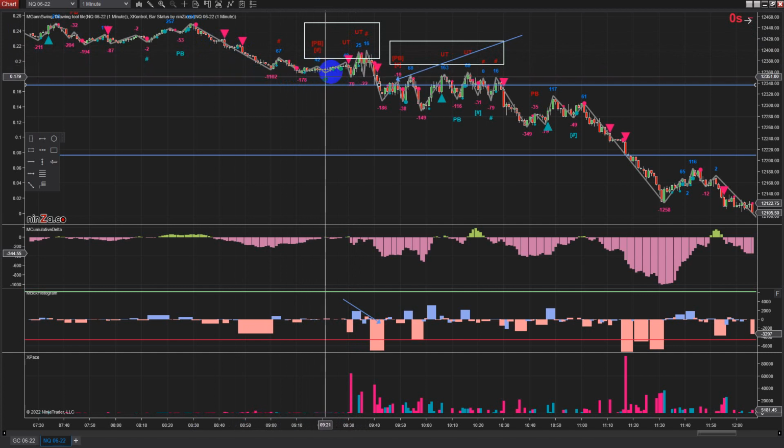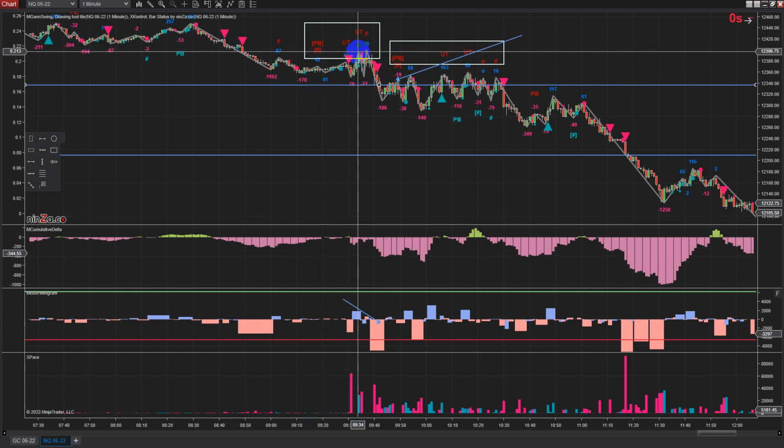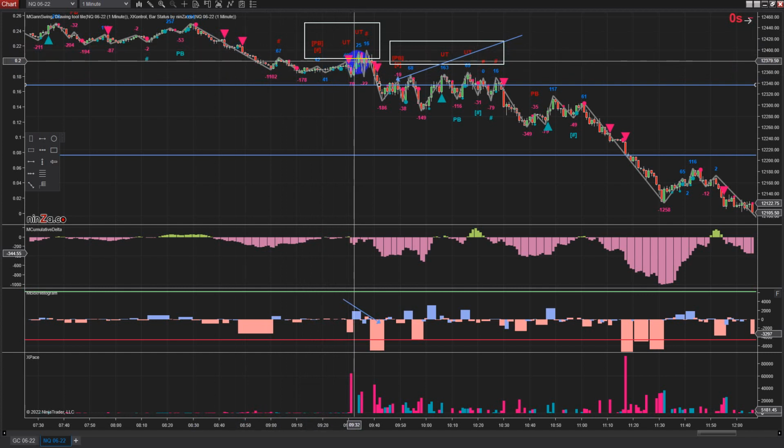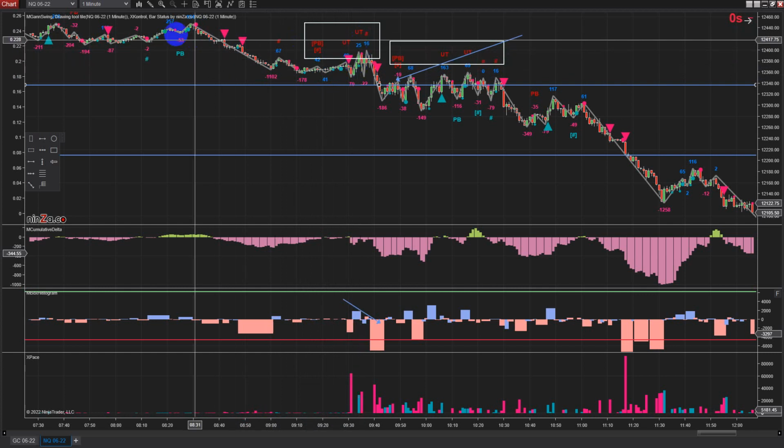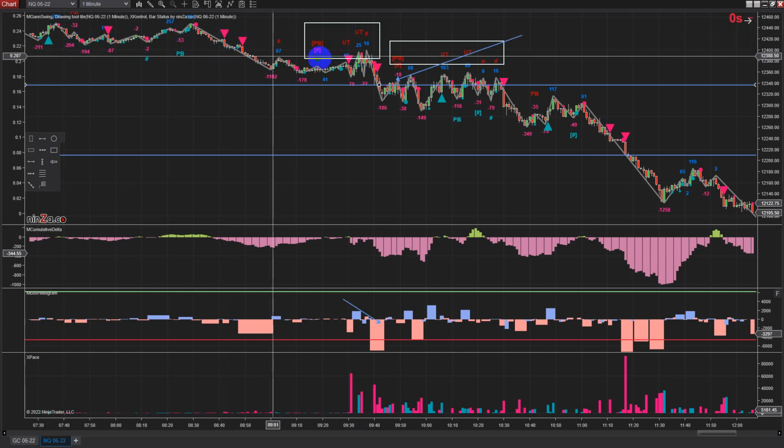Here we spotted some buyers, right? And then we had this sell off, and then immediately price popped back up, right? So you have to assume that some buyers are here and they may take it higher. But considering this overnight sell off, you do not want to go long.